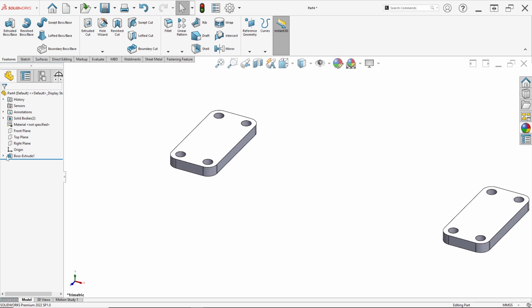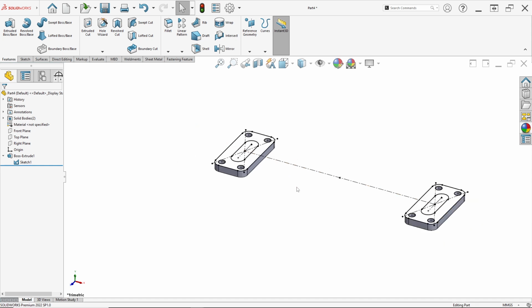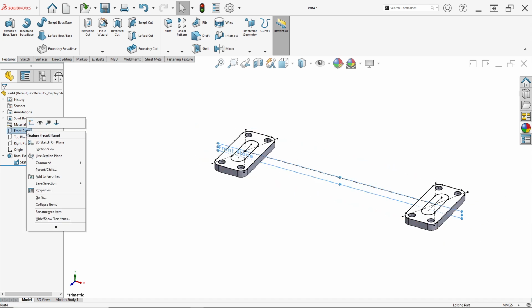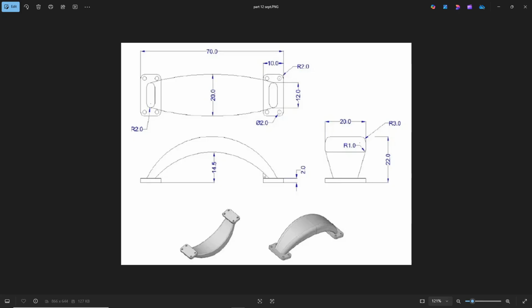After that, right click on boss extrude and sketch one, and click show again for sketch one, and select the front plane, right click and click sketch. Here there is an arc, two arcs.